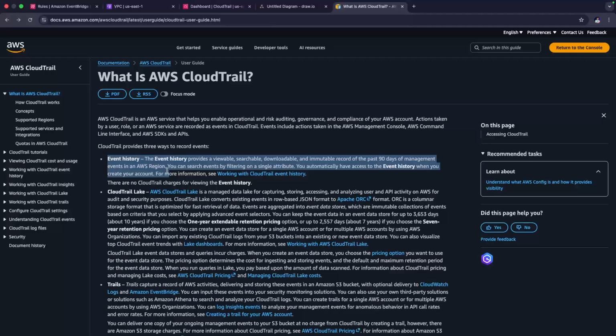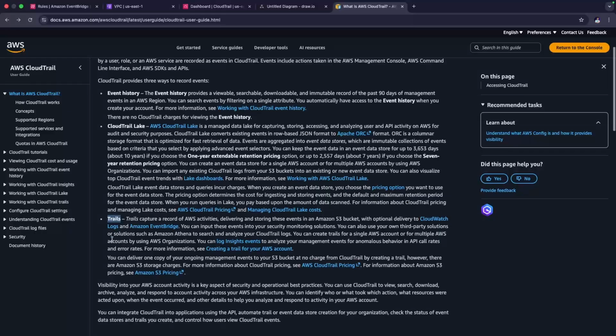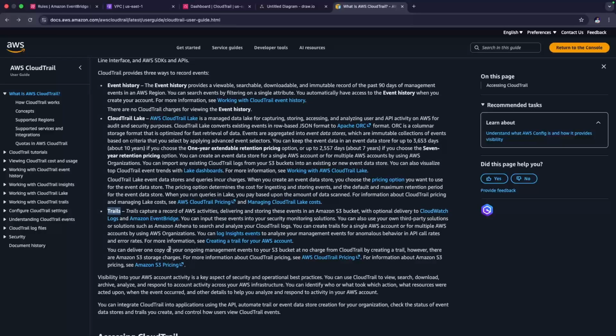But sometimes it is critical for you to keep those event histories, those records, stored somewhere. For that, there are other options like CloudTrail Lake or trails. Trails basically capture a record. It's like a live feed of events that is being captured in a trail. And with those trails, CloudTrail automatically sends those events to your default Amazon EventBridge event bus,